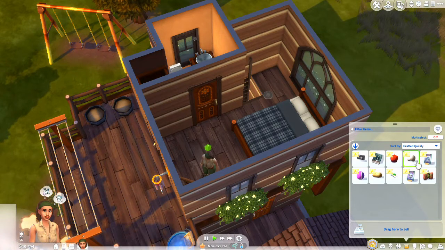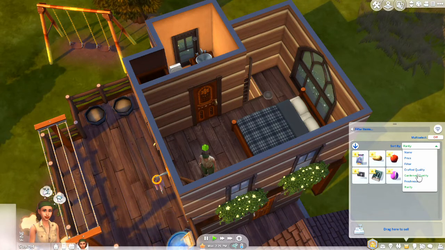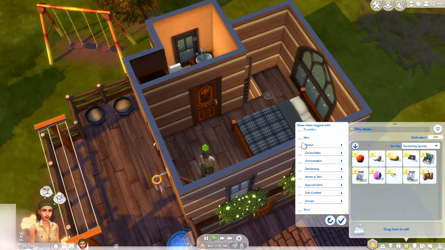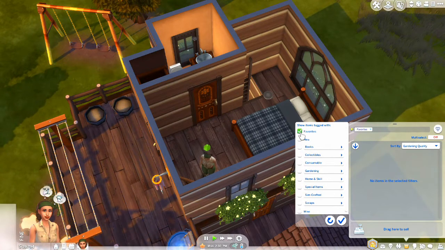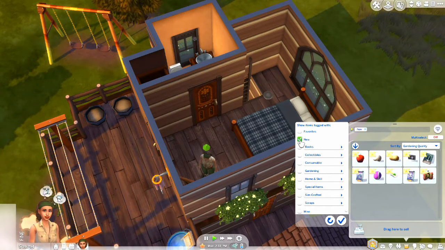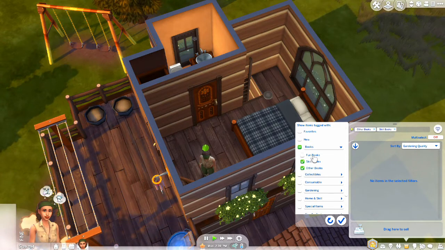You can filter it by quality, you can filter it by price, by rarity, and it ranks it. And you can also, wow, that's a lot of different things. Okay, can you set favorites? Oh, that's cool. I didn't know that. Okay, you can set it to new. You can select books. You can even filter by skill books or fun books or, I guess, other books would be things like homework,